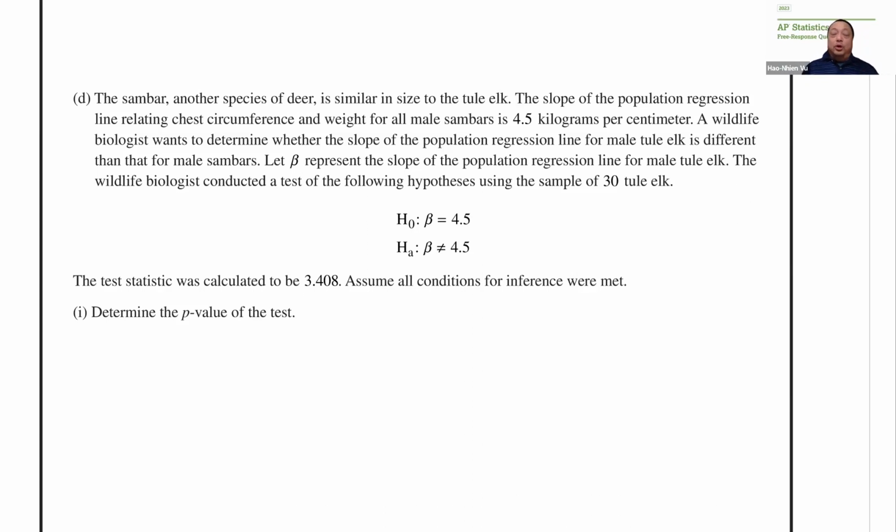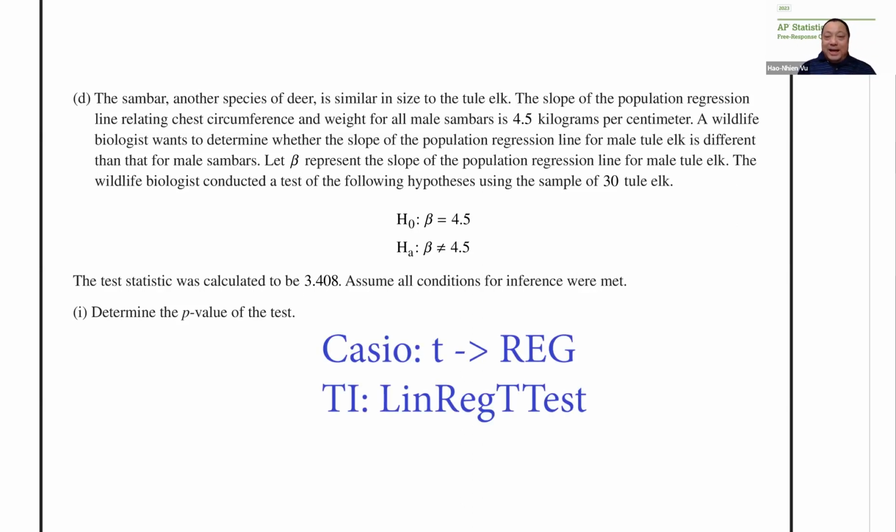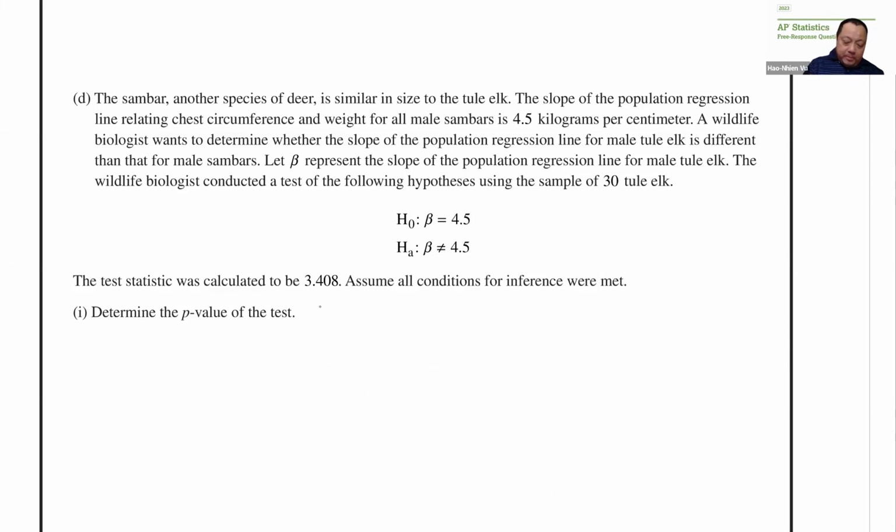The test for the slope uses the t-statistic. If you don't remember, go look in your calculator and see where it falls under. Under Casio, it is under t and then reg. So you know that it uses a t-distribution. For the TI, the name of the test is LinRegTTest. So again, you know it uses the t-distribution. So test of slope